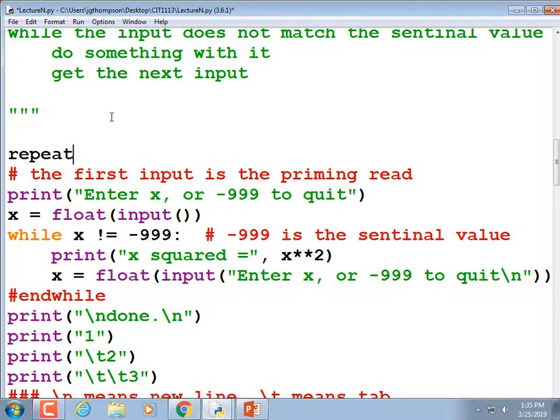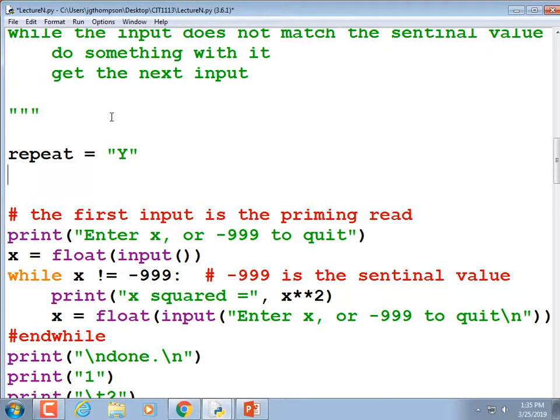And I'm going to have a word that says repeat equals, quote, y, end quote. That's going to be our variable that we loop on, otherwise known as the loop control variable. And again, until I demand this from a program, you don't have to do it. But if you feel like coding it this way, then I'll be impressed. So then we have a while on that, right? While repeat equals, quote, capital Y, end quote, colon.